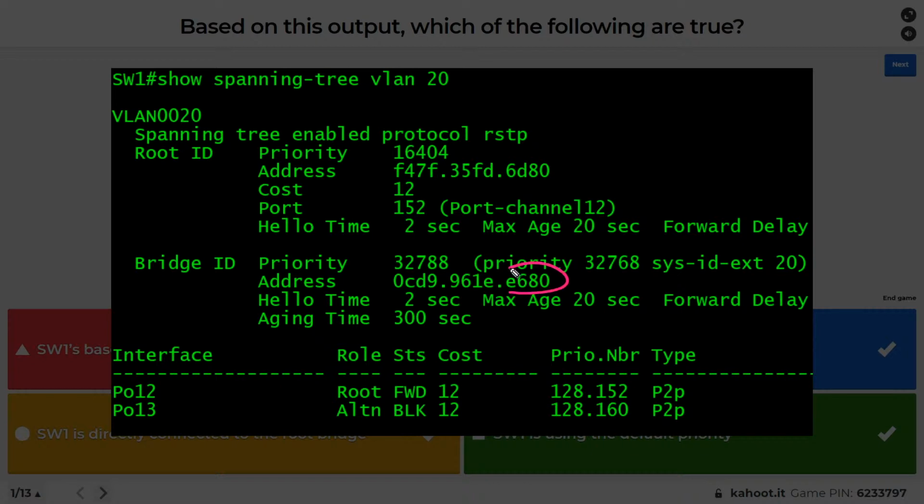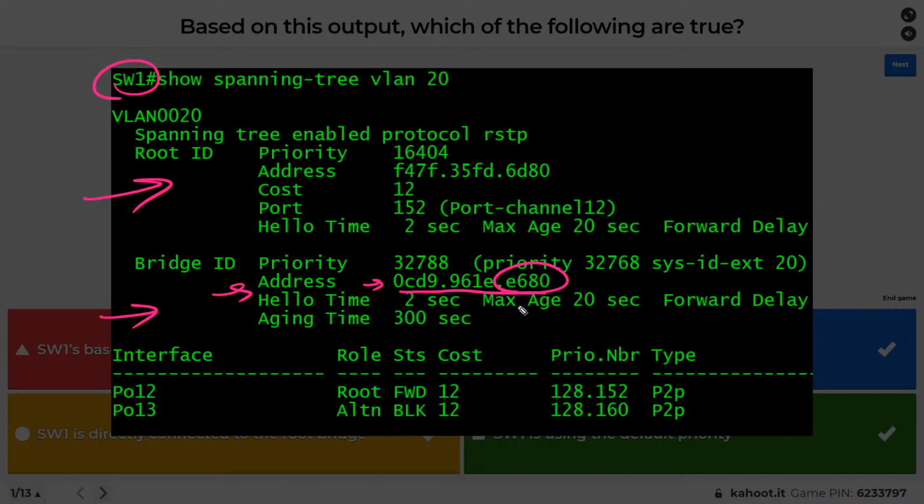This E680 right here, this bridge ID, is for the computer we're looking at. The first one talks about the root bridge, and then the second one talks about us. And if we are the root bridge, it'll be the same. So this is switch 1. Its base MAC address is this. You can see it with, I think, a show version of the software. So that's the base MAC address. It's part of the bridge ID, the priority in combination with the MAC address.